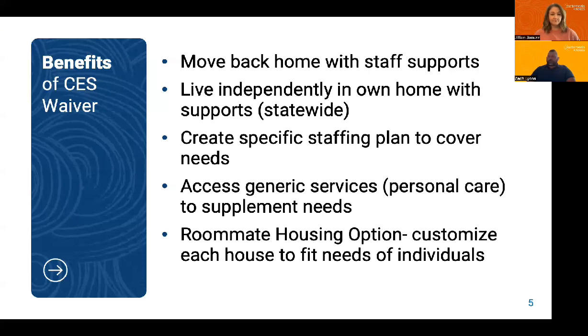Another project that we've launched just this past year, and another program that I supervise and assist the director with, is called roommate housing. So this is a new option, a totally new, innovative way for us to address the need of residential placement for somebody in a community that they want to live,